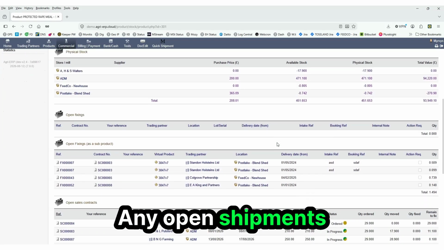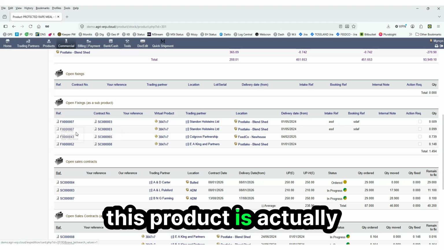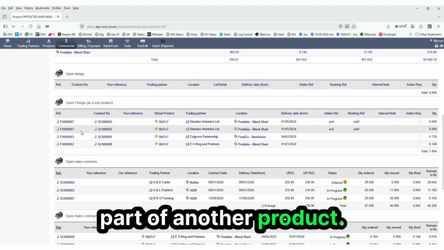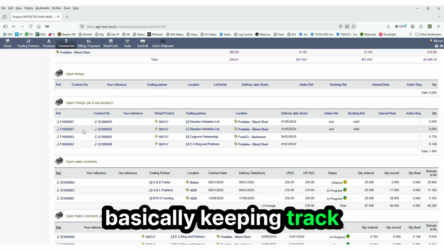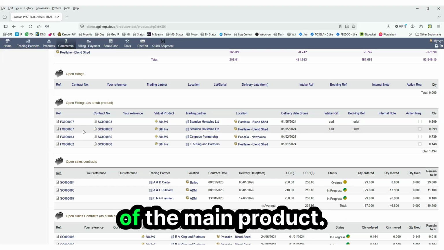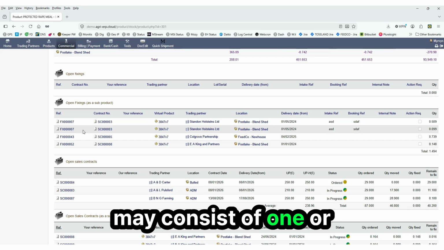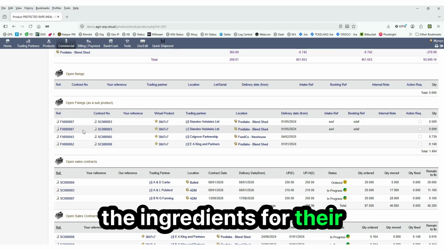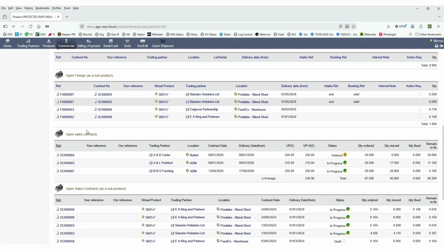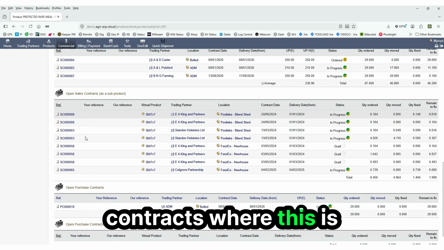Any open shipments that you might have, any open shipments where this product is actually part of another product. So we can do this sub-product arrangement, basically keeping track of all the ingredients of the main product. So an assembly that may consist of one or many ingredients, we can actually track all the ingredients for their stock levels as well. Any open sales contracts where this is our sub-product,